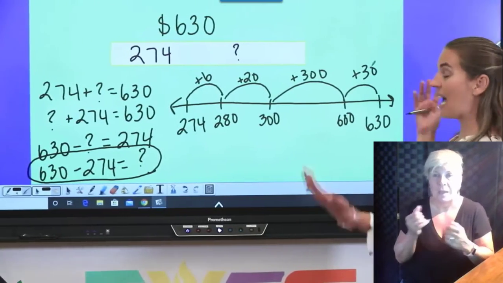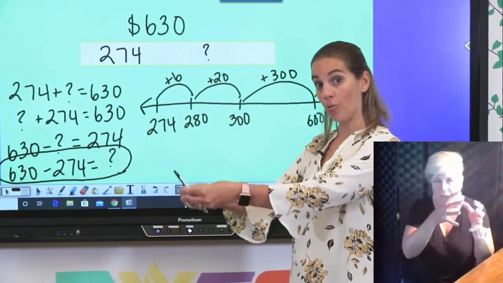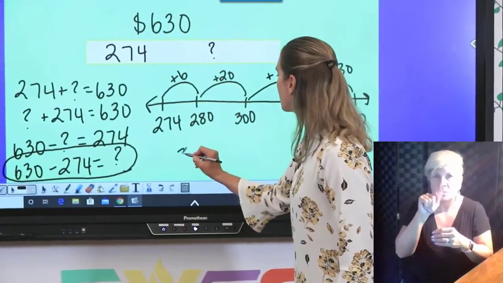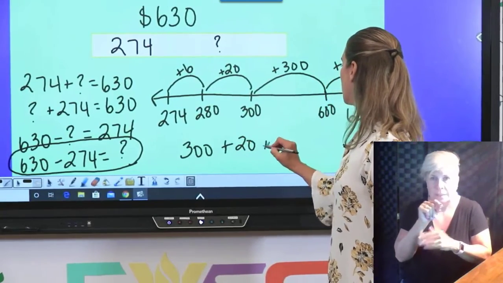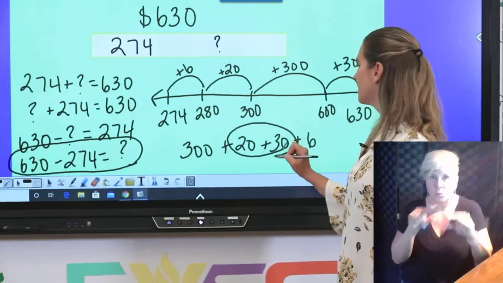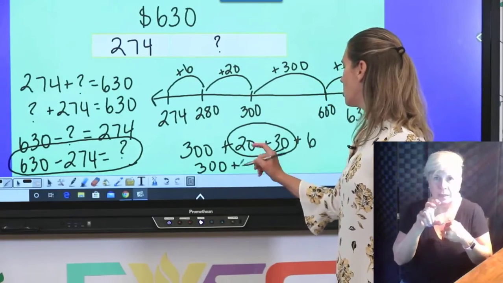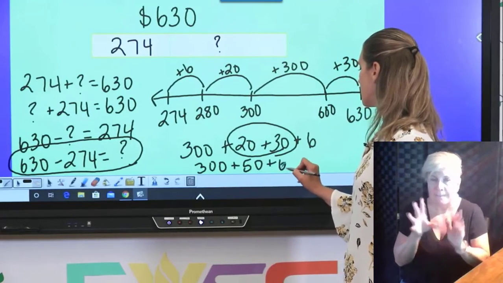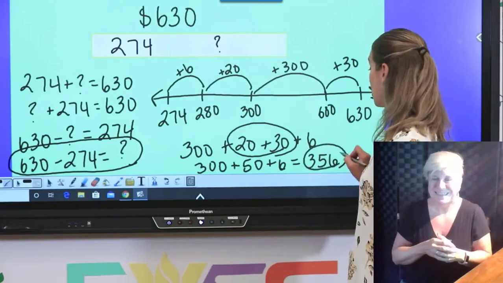Okay, here we go. Let's add those together. We're going to rearrange, put our hundreds together, our tens together, and our ones together. Remember that's our commutative property. So 300 plus 20 plus 30 plus 6. Let's group these. All right, so now I have 300. 20 plus 30 is 50, plus 6 gives me 356. So Sarah has